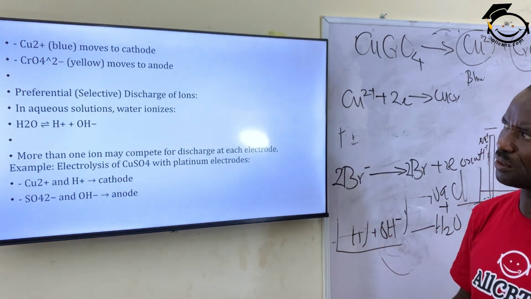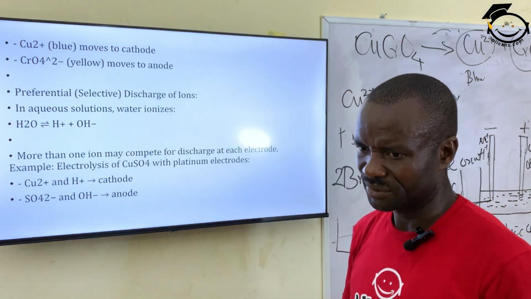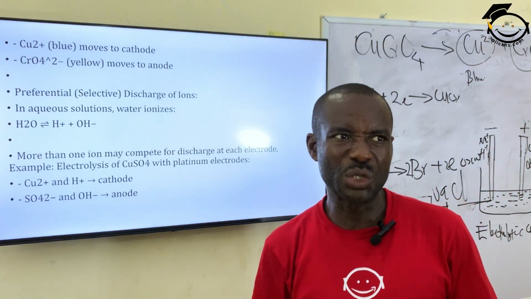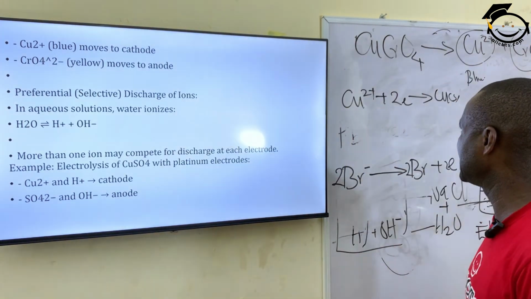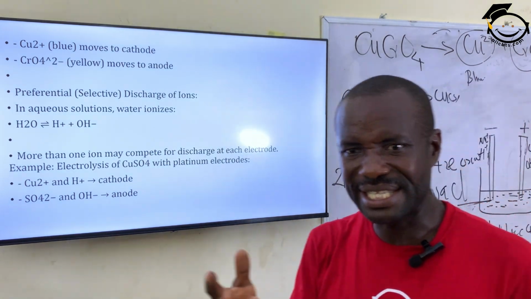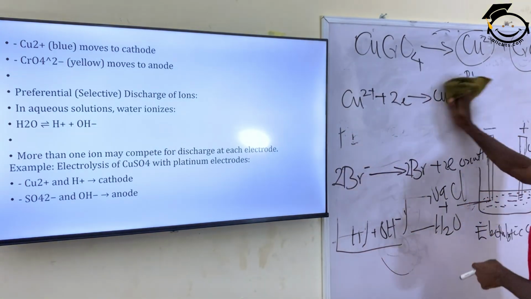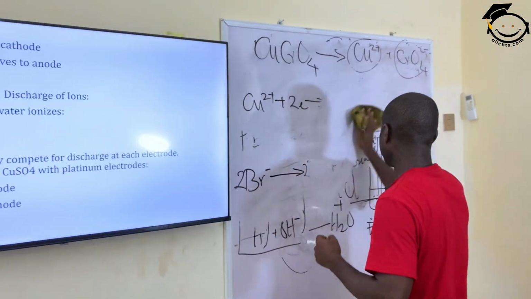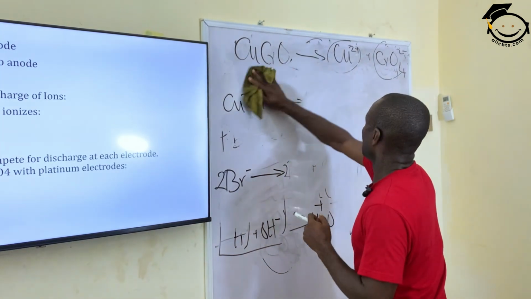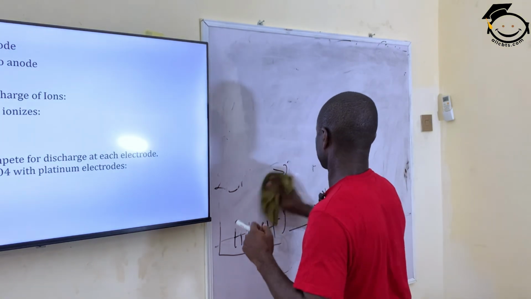Now, let's move on. Let's look at preferential discharge of ions. From the word, preferential discharge means which ion do we prefer at each electrode? What are the conditions that determine the discharge of an ion in an electrolytic cell? All right. Let's put up a diagram. We said if we have electrolysis of brine, for instance,